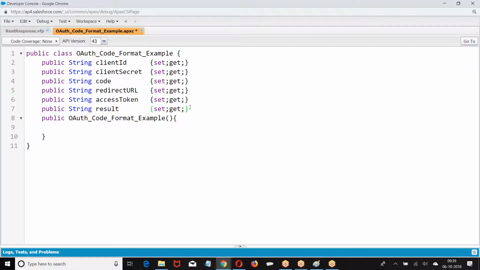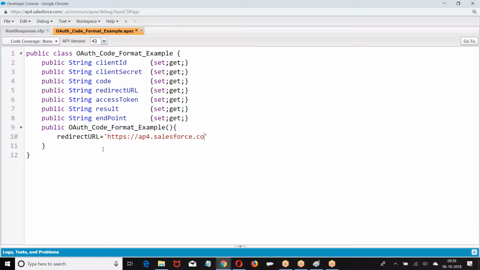Now we are supposed to give the endpoint URL. First I am giving the redirect URL equal to. I am making a request for the code.